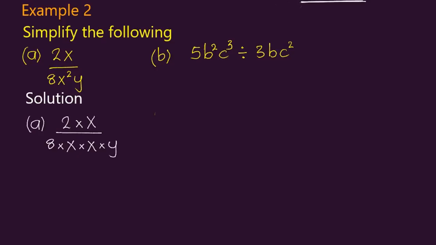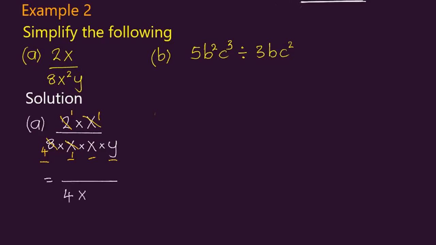And right here what we can do is divide. 2 into 2 we get 1, 2 into 8 we get 4. We can also see that x cancels out with the other x on the denominator, so that we get 1, such that on the denominator we're only left with 4 times 1 times x times y, and that will give us